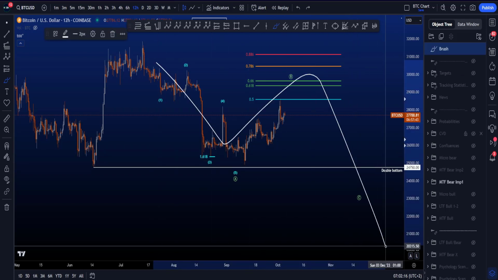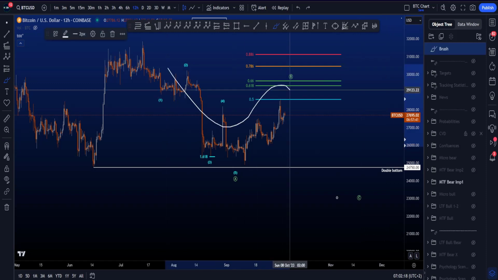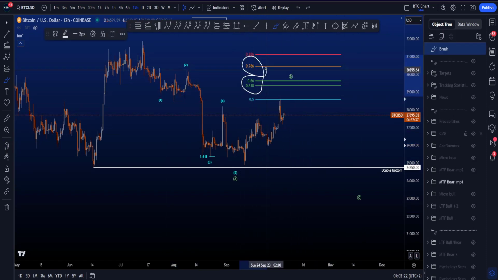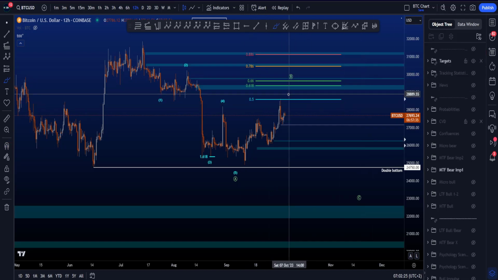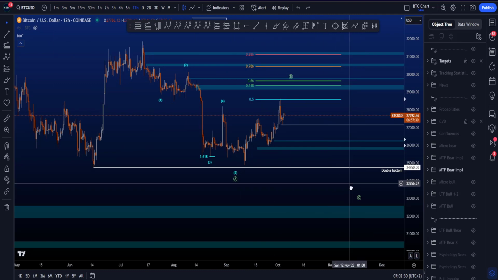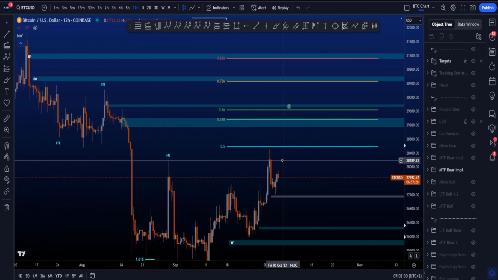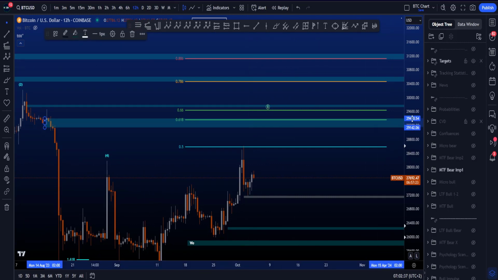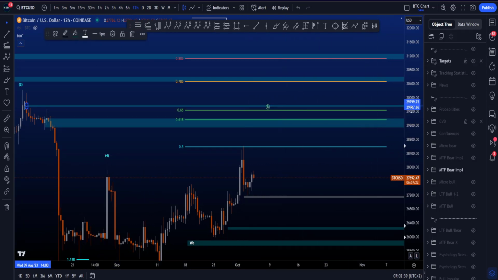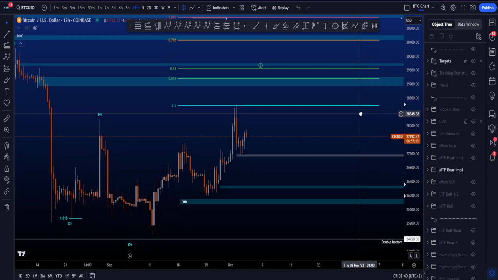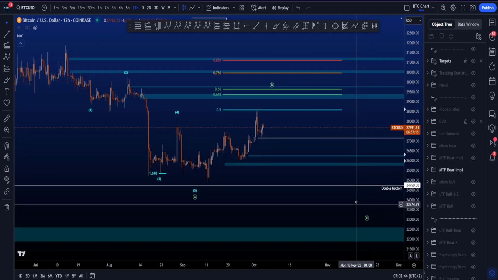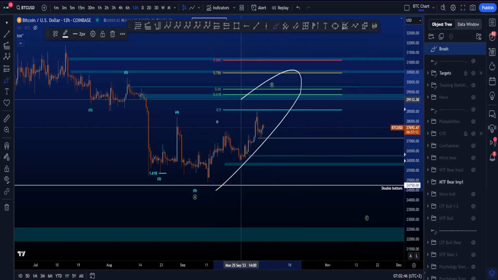So in this scenario for an ABC looking for a 535, the 0.5 is a fine target for a wave B, but also the golden pocket and the 0.786. And if we look at that golden pocket area, you can see I do have some additional resistance in that particular area in case price moves above this high. This target box here between 29.1, 29.4, and just above in the 29.7 area, there is a little bit of more resistance. Now that means that for this wave B, we are going to be looking for a three-wave structure to the upside,